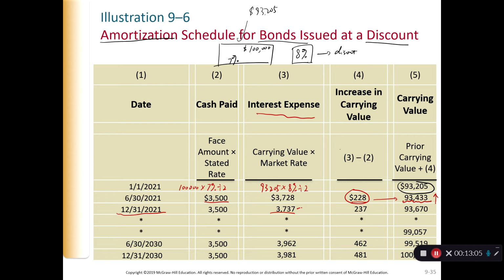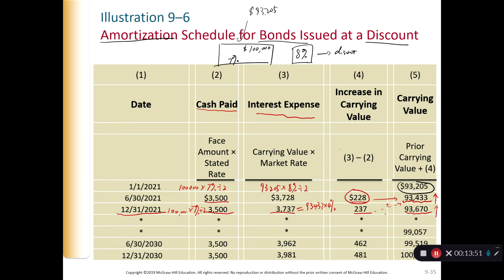4%, right? So this equals 3,733.7, which is 93,433 multiplied by 4%, right? Then you get this number. And at the same time, your cash payment is always the same, which is still $100,000 multiplied by 7% divided by 2. And the difference between these two, we call the amortization of the discount. So therefore, the $237 difference is going to be added to this number, and then it increases the carrying value from 93,433 to